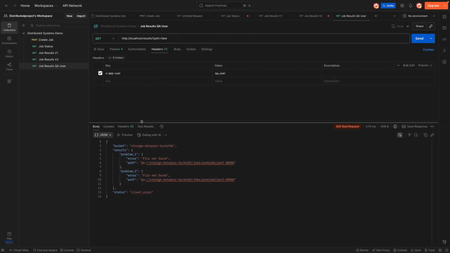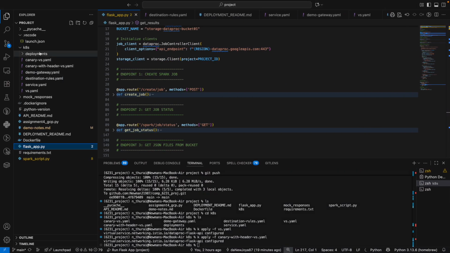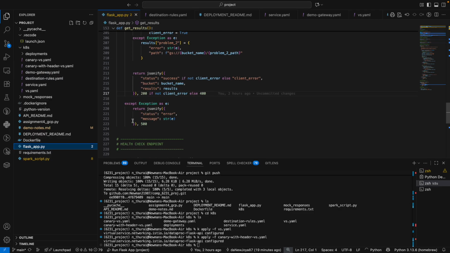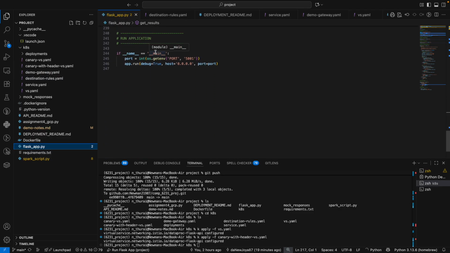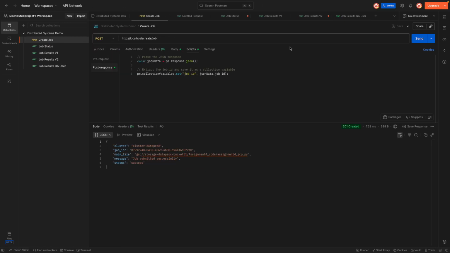We have three versions of this service running in Kubernetes, and they all have a different implementation of the results job. Now I'm going to create a job through our service that's running